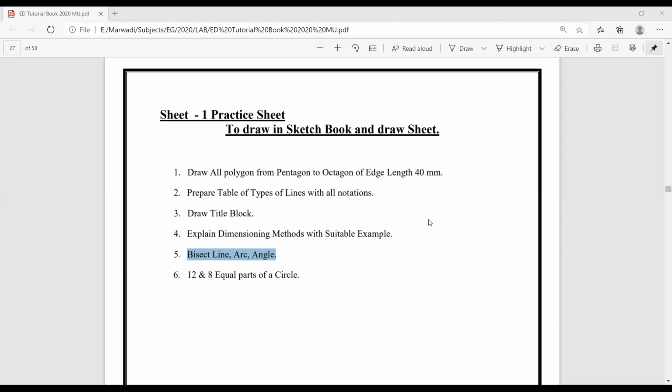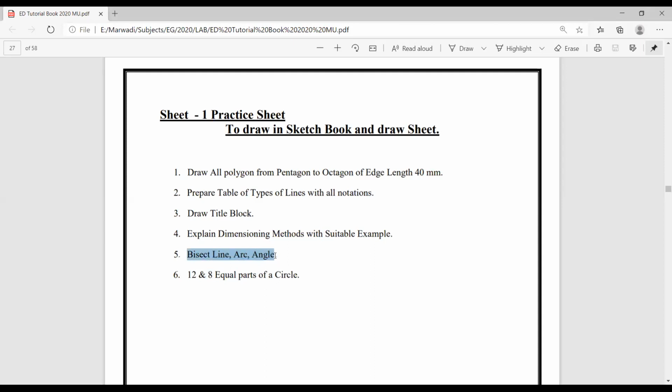Similarly, in this subject the practical thing is very important. Okay, so first of all, let us start with the 12 equal division of the circle. Okay, last question, the 12 equal part of the circle. And also we can start the bisection, as you say in A batch the 8 equal part is done. So let us start with the bisection of arc, angle and line.